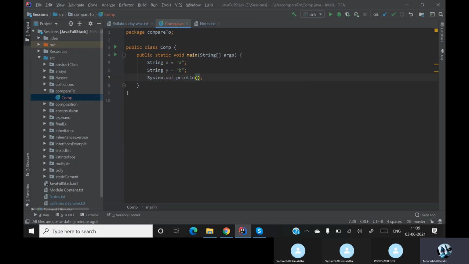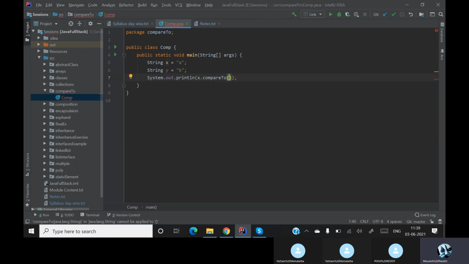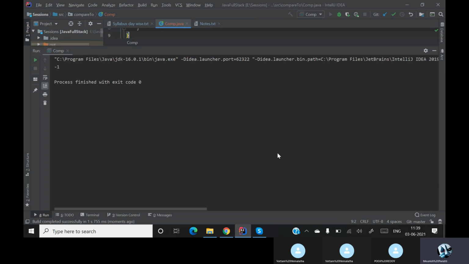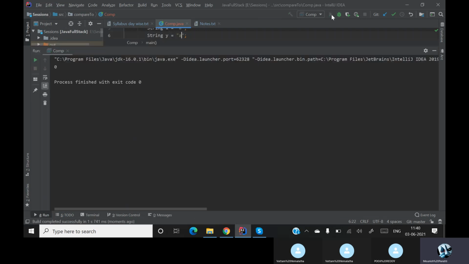I want to compare x, using the method compareTo, with y. When I run this, what is my output? It is giving me -1. How it gives -1, or how it will give 0, is the important part here.